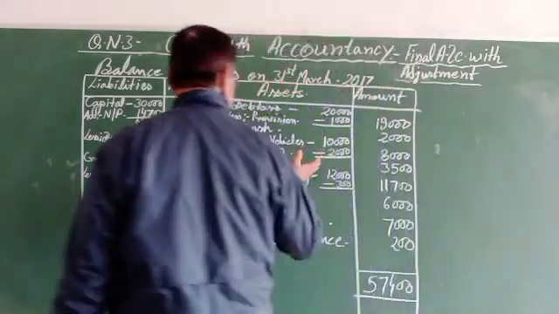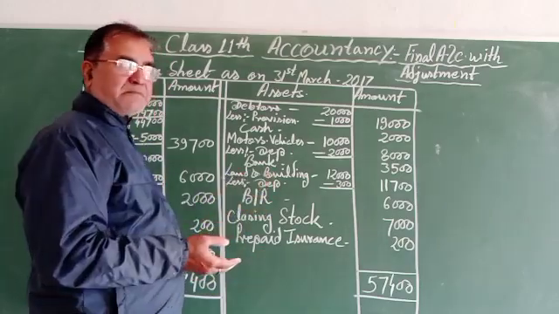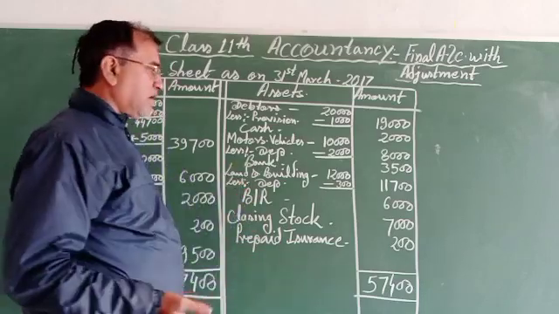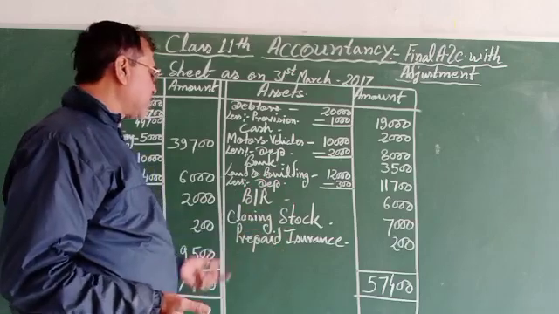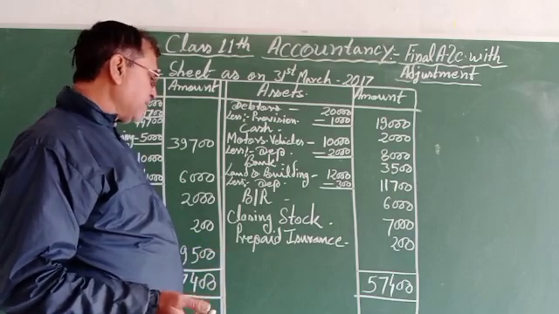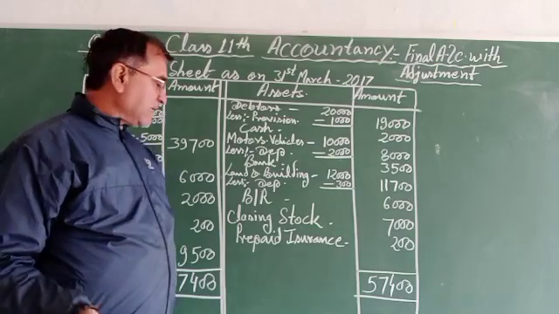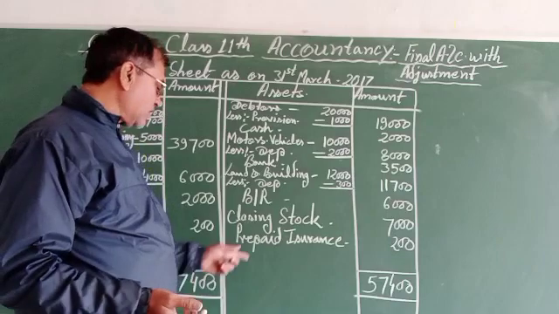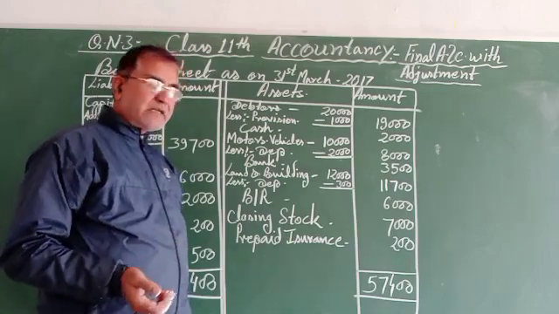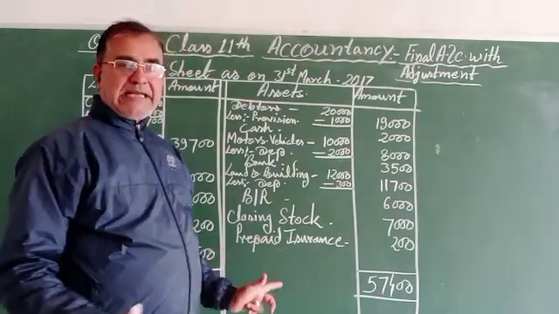In the assets column, debtors less provision, whatever the provision made for the assessment year on debtors, and cash available, motor vehicle depreciated by 2,000, and cash in bank available 3,500, land and building also depreciated by 300, and bills receivable, closing stock, whatever goods remain unsold at the end of the year, which can be resold next year, and prepaid insurance, the benefit will be taken by the organization in future, that's why it will become an asset. So the balance sheet is matched.